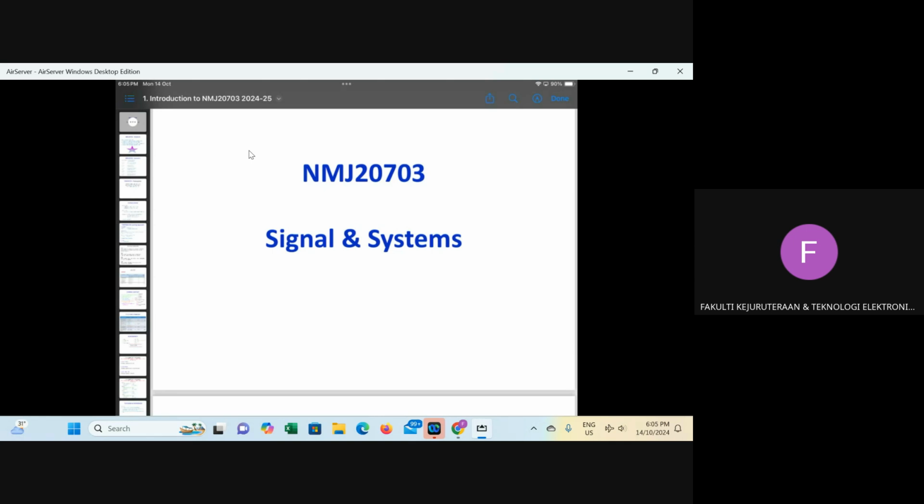Signals and Systems is fundamental to DSP, that is the year 3 course. Make sure you check your registration slip. This is the code and this is the name for this course.